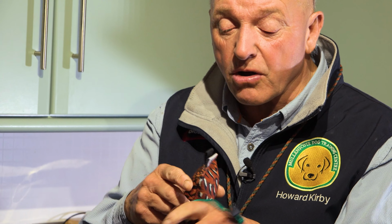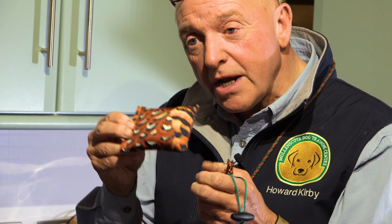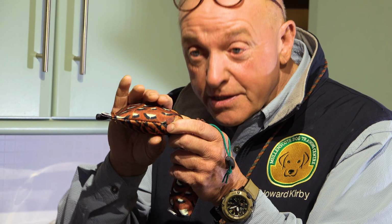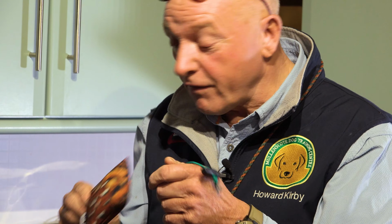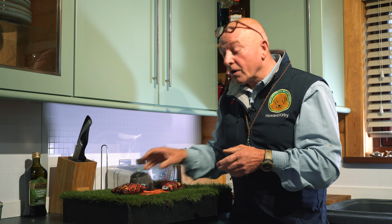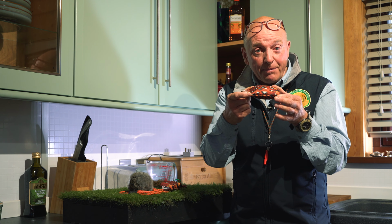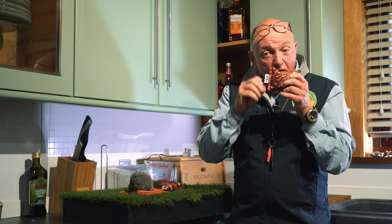And this one that hasn't got any toggles on it is probably the dummy of choice for a really young puppy, because the less bits that hang off it, the more likely the dog is to pick up the dummy neatly in the middle and less likely to get involved with the toggles and the flappy bits. So with a young puppy, we're using a toy that doesn't have too many flappy bits on it, because we want to encourage him to go out and pick it up and